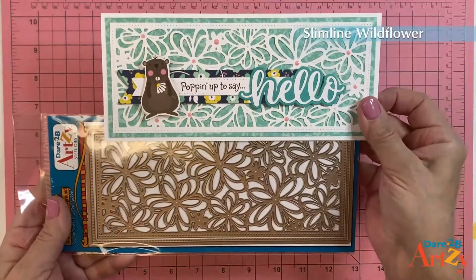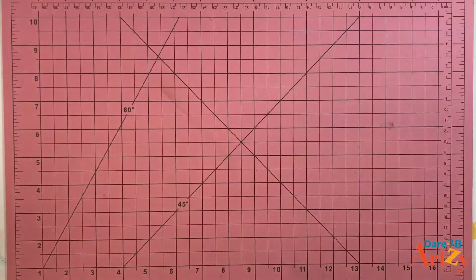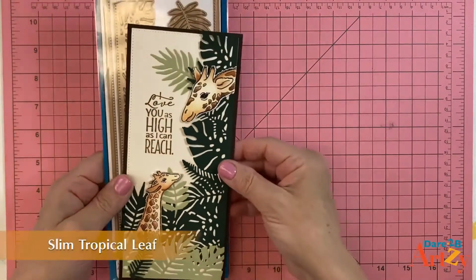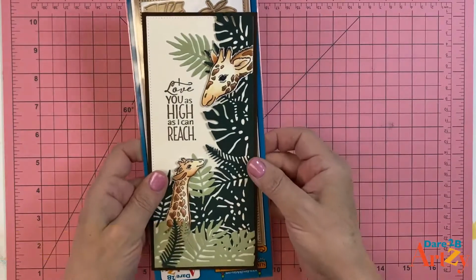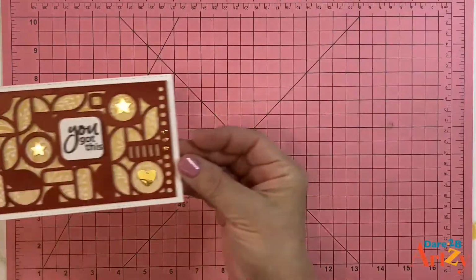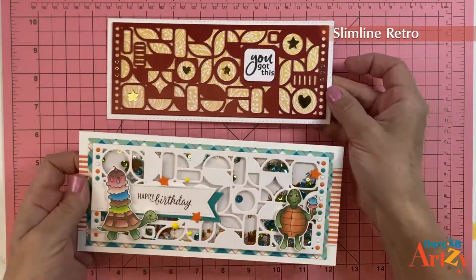This is our wildflower background die. Love this for a simple card. And this is our tropical leaves. It comes with all the individual pieces and the one long piece. This is our retro background die. Here's a simple card, and here's one